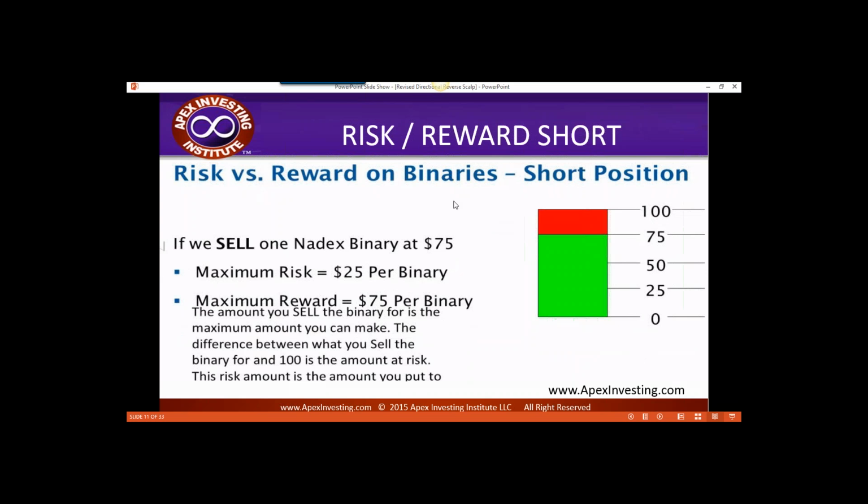Let's look at the opposite. What if I don't think the statement is true? I don't think a market will expire above a certain level. I want to sell a binary. Well, it's kind of the opposite here a little bit. If I sell a Nadex binary at $75, then my risk is the difference of where I sold at 75 compared to 100. So if I'm selling at 75, my risk is $25,